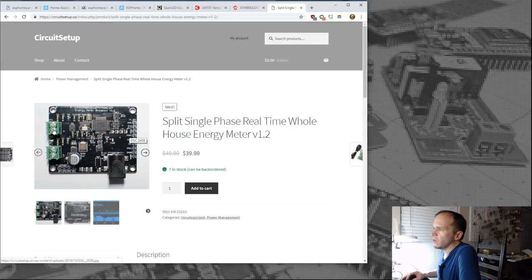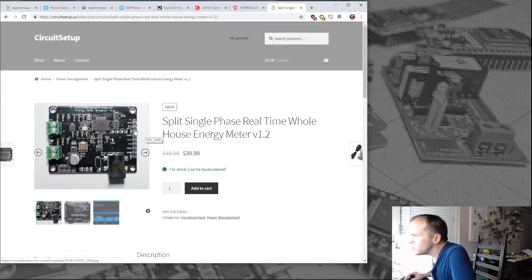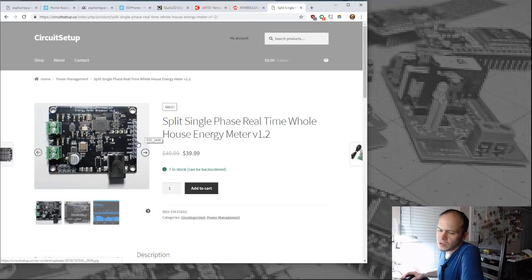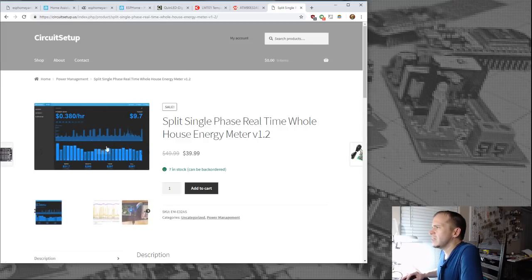But right now on this one, you just hook in the 2 split core clamps, and I have 100 amp and 100 amp on mine. I have them actually on my breaker panel, and then you put in the MISO, MOSI, clock, and CS straight to it. I have it going to a Wemos D1 Mini right now, and I did my own little custom sketch because he had a sketch that would feed to this EMON CMS.